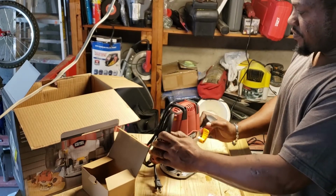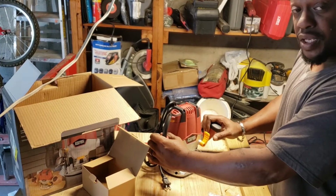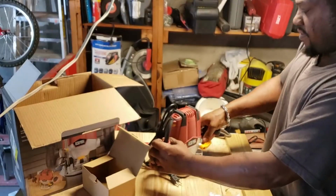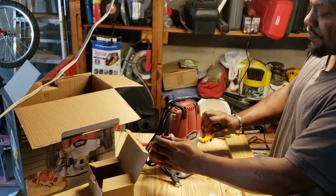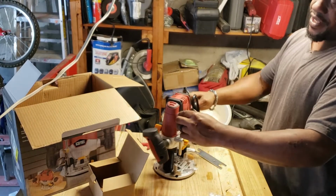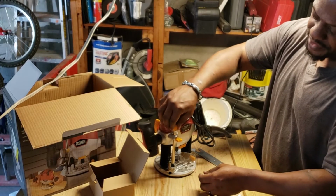But here's another guard right here, so if you don't want to keep pushing down on your plunge router, set it how deep you want it and lock it in. Set it to whatever depth you want, lock it in. And this guy right here, I don't know what you want to call it, but